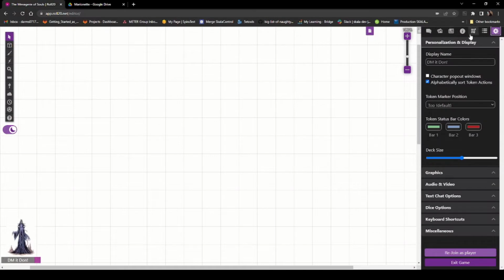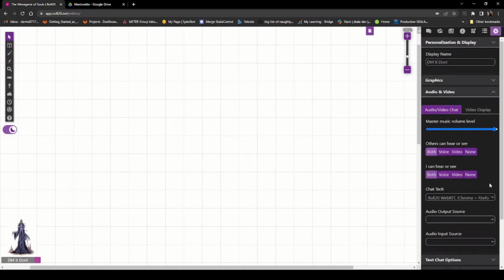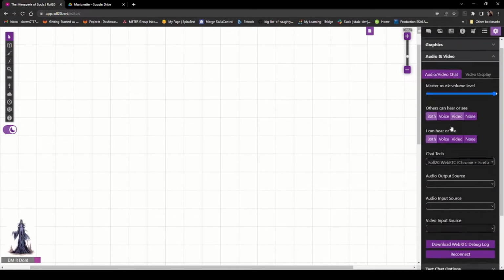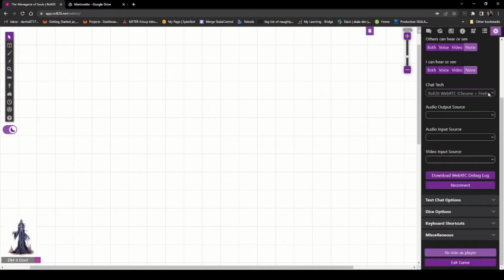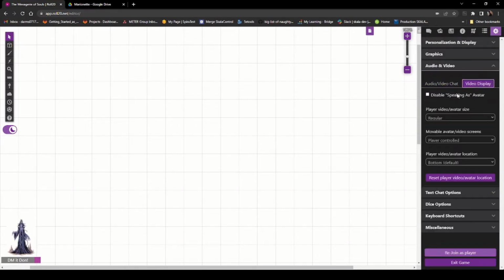One thing that I'm not a big fan of with Roll20 is the audio and video processing. So the first thing I always do is click none and none here. And then down here where it says audio input source, make sure those are clear. Go to video display and go names only, and you'll see down in the corner now that there's no longer